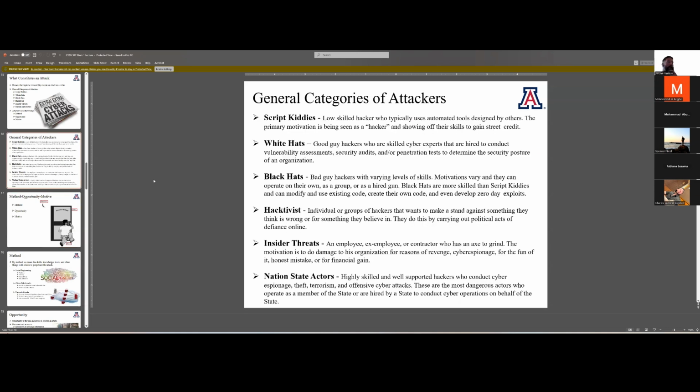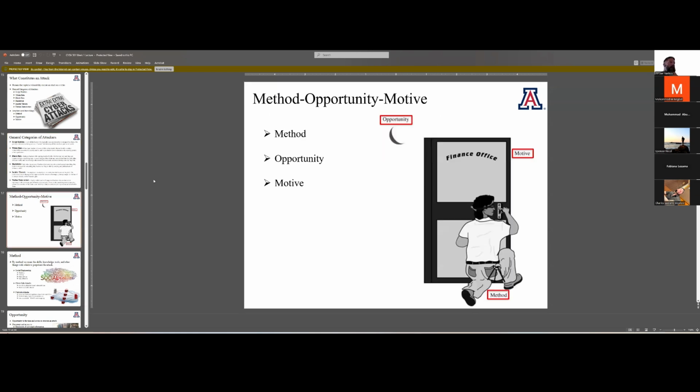So ultimately, nation-state actors or advanced persistent threats are incredibly skilled. They have basically an unlimited budget. They often operate outside the boundaries of the country that they work for, for attribution purposes. It's a really messy area.